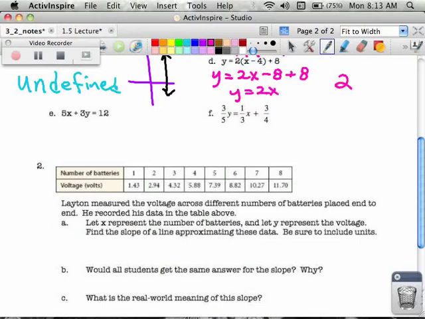In letter E, there's a lot of stuff going on. In order to find the slope, you want to get the y alone, meaning that there's no other terms with it, and there's a 1 in front of it. So the first thing I'm going to do is subtract off 5x. So I minus 5x from both sides. On the left, the 5x's disappear. I end up with 3y. On the right side, the 12 and the 5x cannot go together because they're not like terms. So I have 12 minus 5x left over.